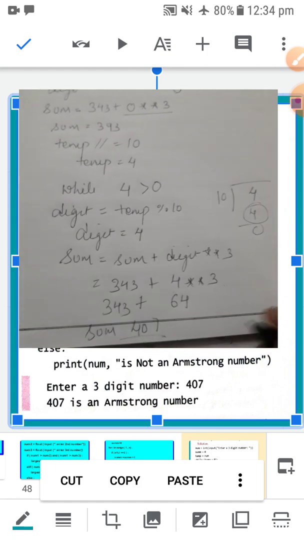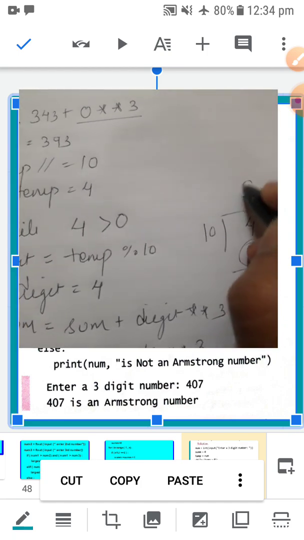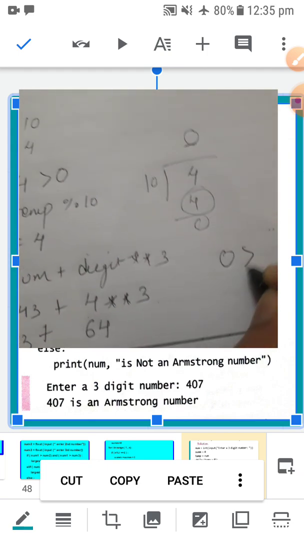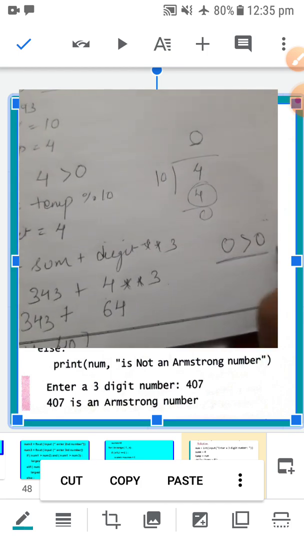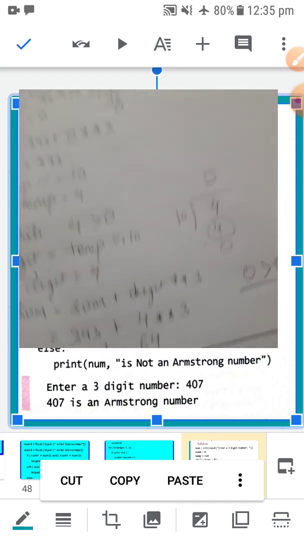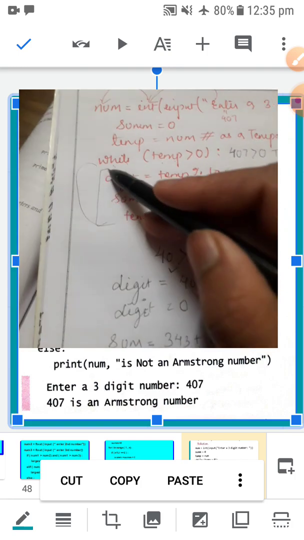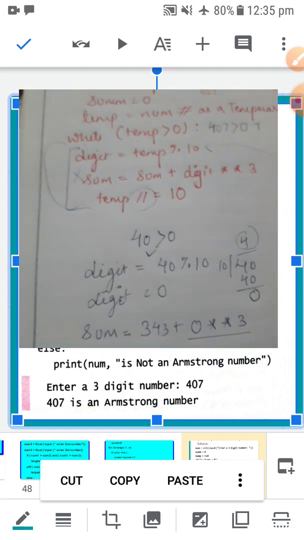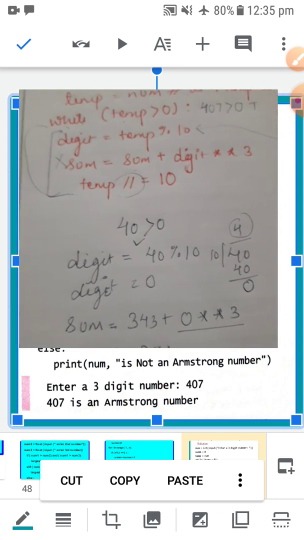Okay. Now you are having nothing here. It means 0 is here. So again the while condition is going to check 0 greater than 0. Okay, so this will fail. So now when you get 0, these particular statements will not run again. Okay, so your while loop ends here.